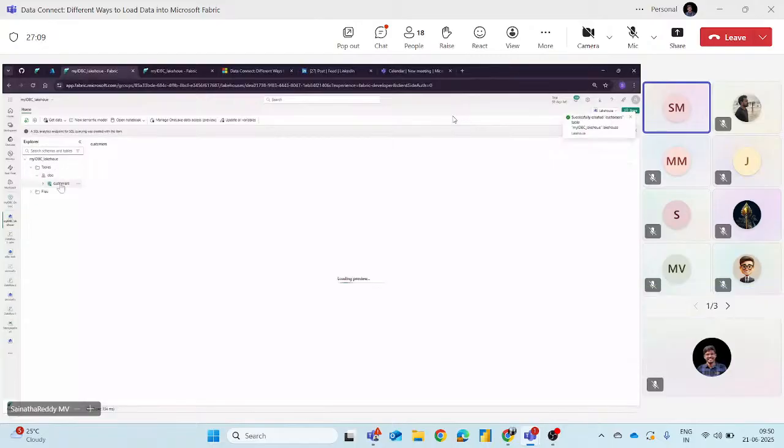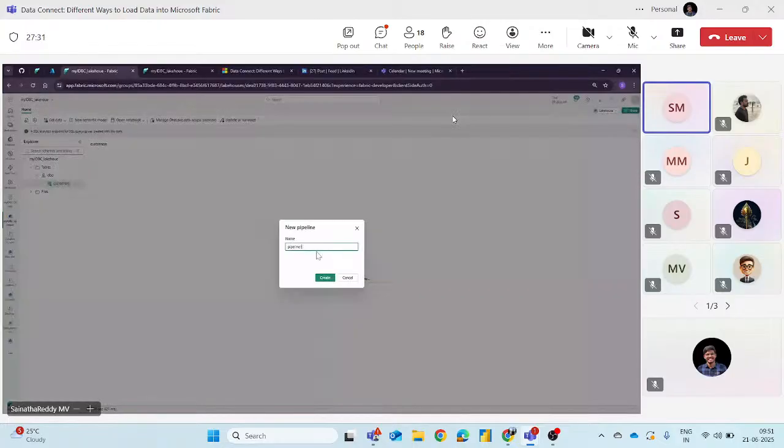Now I want to bring in our next data, which is products. For products, we can use a Fabric pipeline. So get data, new data pipeline related to my products.